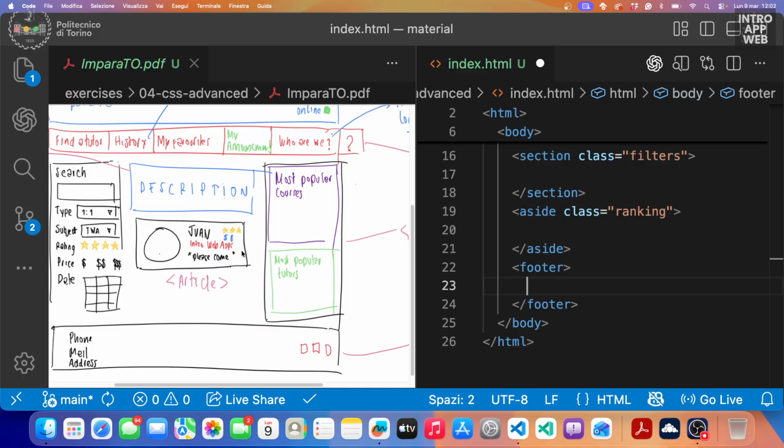The reason is that later, when we see JavaScript, the IDs are more useful to point to an element within the JavaScript, to make changes on the HTML structure. So the IDs are typically used by the JavaScript to change the interaction of the website, and the class is usually more useful to apply the style to the website. Okay? Technically, it's also possible and would be absolutely fine in this case to use the IDs, at least with